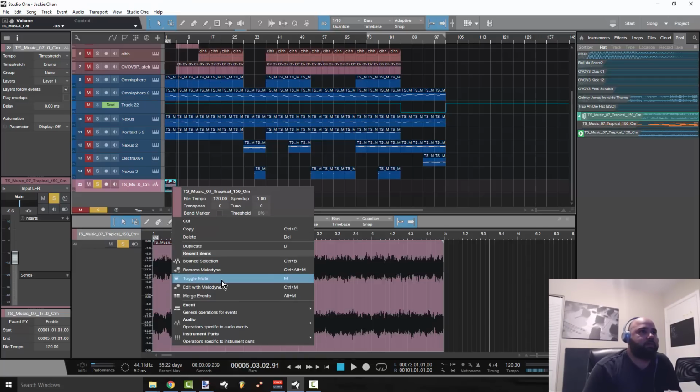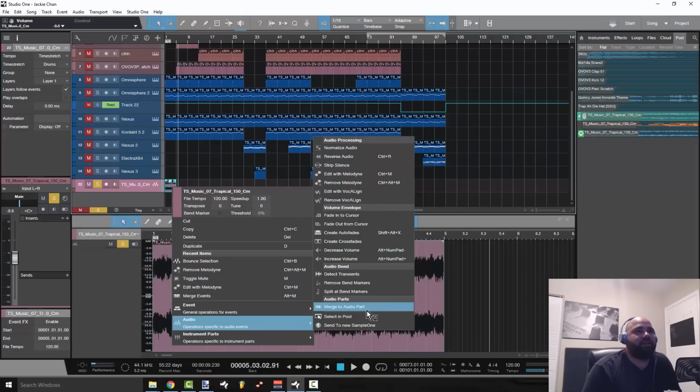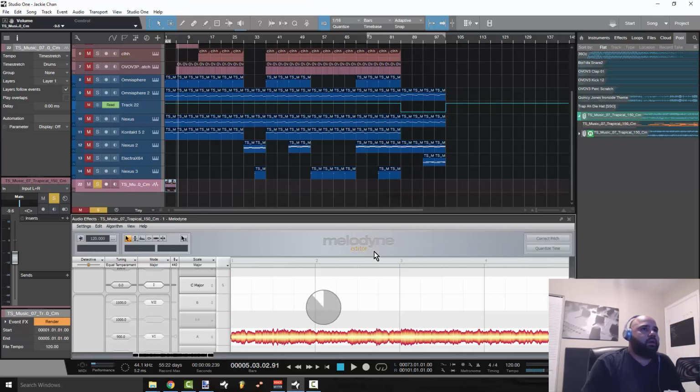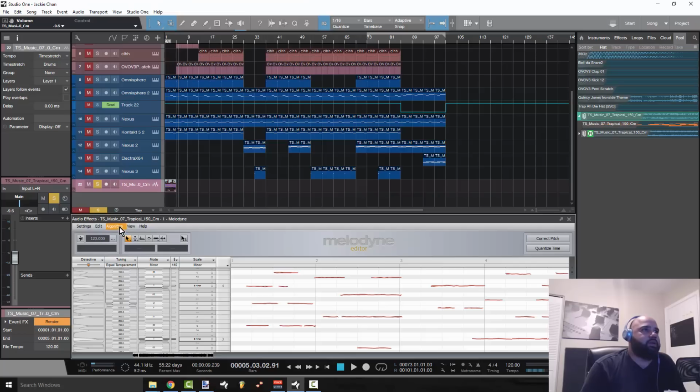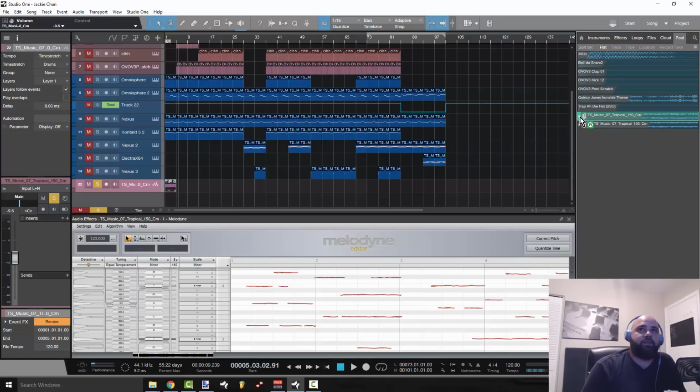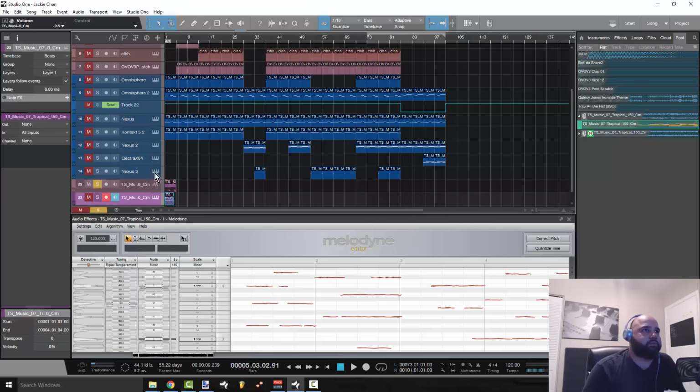it's going to make a liar out of me right now. But I'll just go ahead and do it from the drop down menu. Edit with Melodyne. There we go. When you edit with Melodyne and you have your algorithm set to polyphonic, you'll notice that if you have your pool opened up and you click this down like this, you'll see that there's a MIDI file in there now. And if you drag that MIDI file to a new MIDI channel,